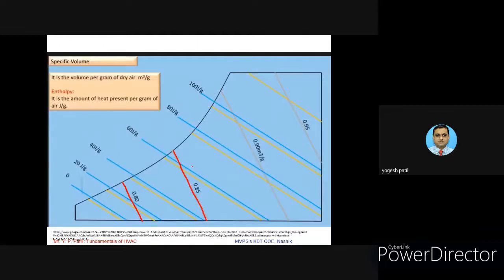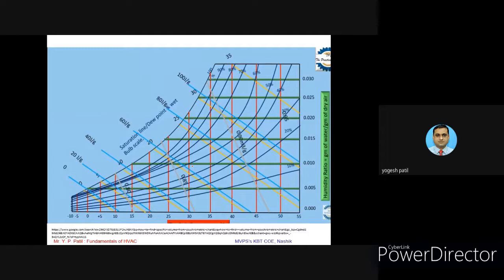There are calculators also available directly. When we put in some standard parameters, based on that we can easily find the air density also. So air density we can find indirectly. Some charts may look like this. This may be one of the charts, very close to that. In this also most of the things are mentioned, and on the right side, the humidity ratio is also mentioned over here.